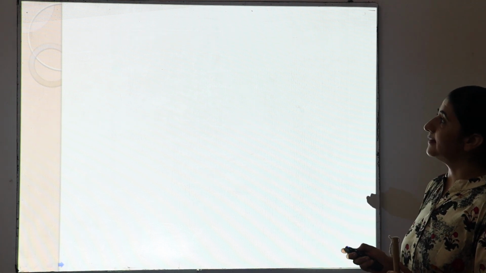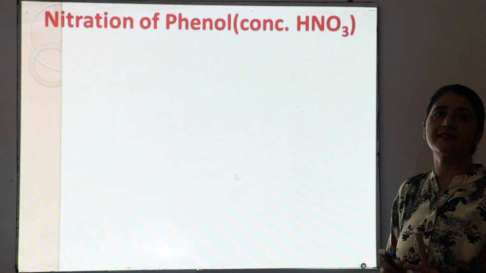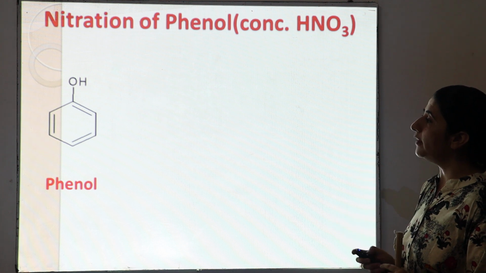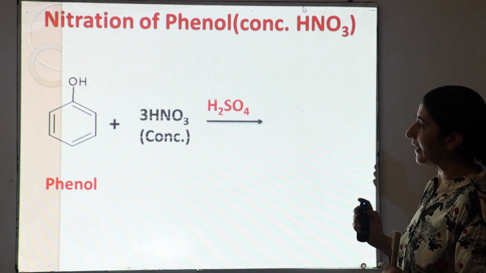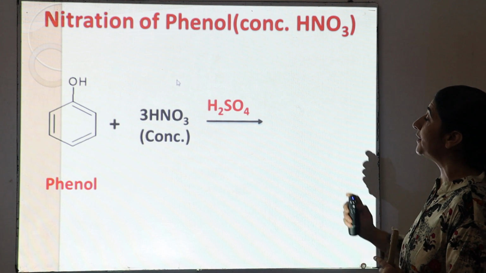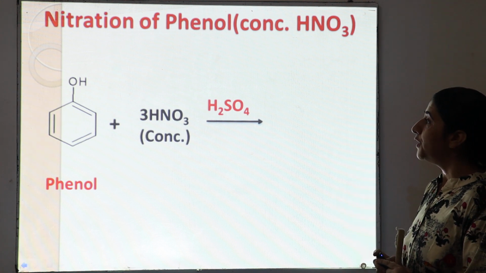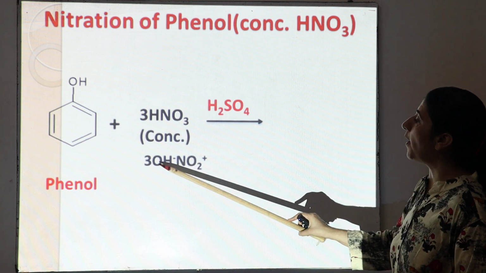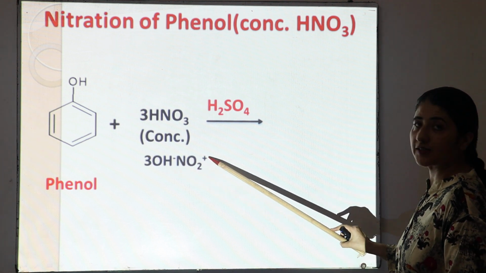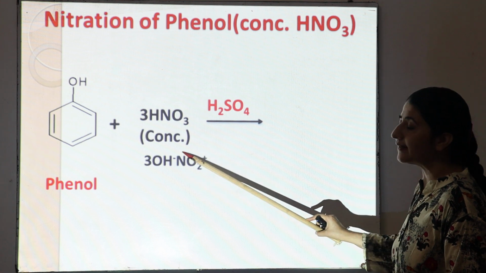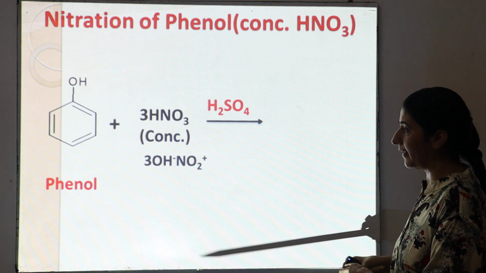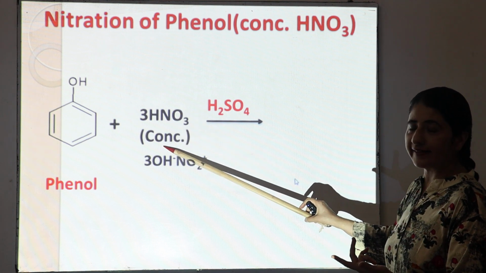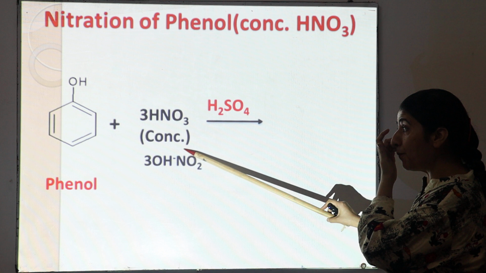So first we will discuss the nitration of phenol in the presence of concentrated nitric acid. Here we have phenol, which reacts with concentrated nitric acid in the presence of sulfuric acid. In this case, the nitric acid ionizes to form OH negative and NO2 positive. Here NO2 positive acts as the electrophile, and since we take concentrated nitric acid, NO2 positive acts as